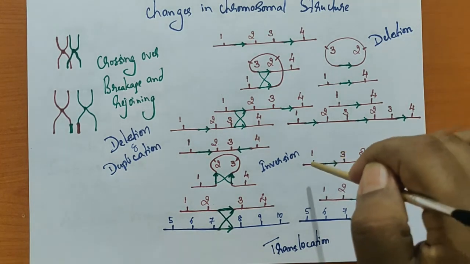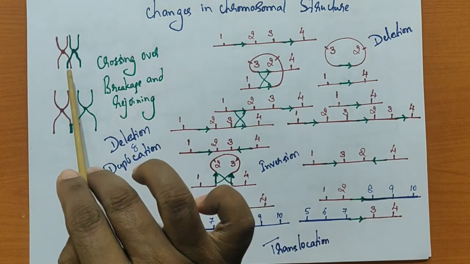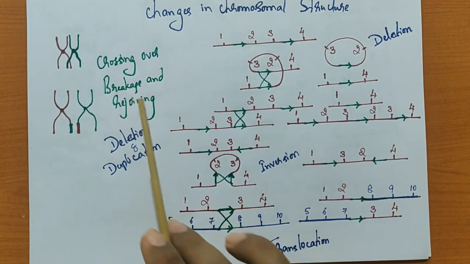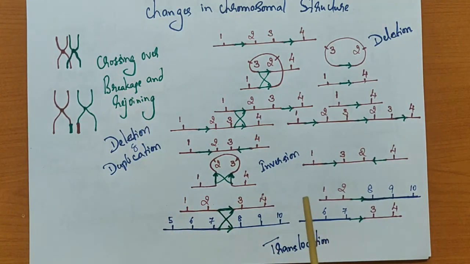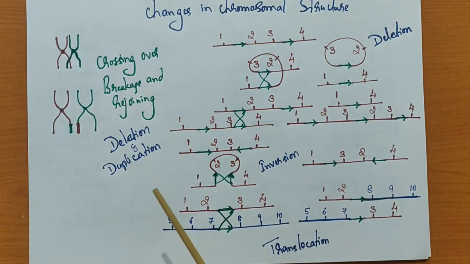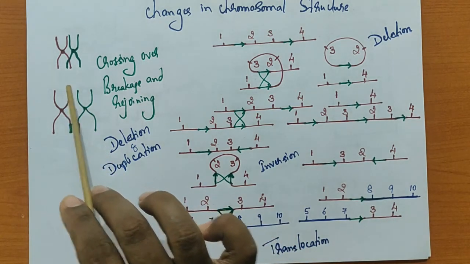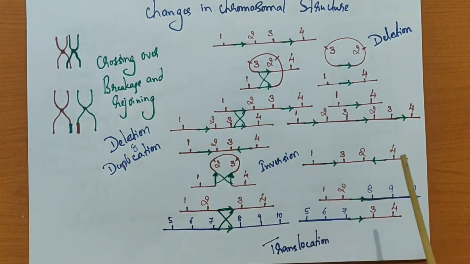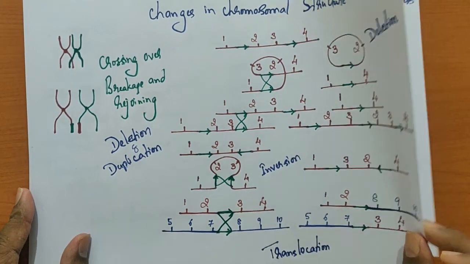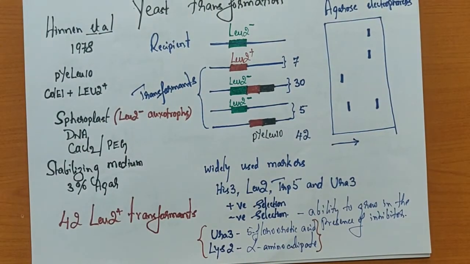The important thing I want to discuss here is the crossing over. In order to have a crossing over, we need a homologous region. A homologous region need not be a homologous chromosome; even a small segment of homologous region is enough. We have a lot of repetitive units distributed across the chromosomes. They are responsible for all kinds of recombination and translocation. So this is a very important event in order to understand how the vectors work in our next process.